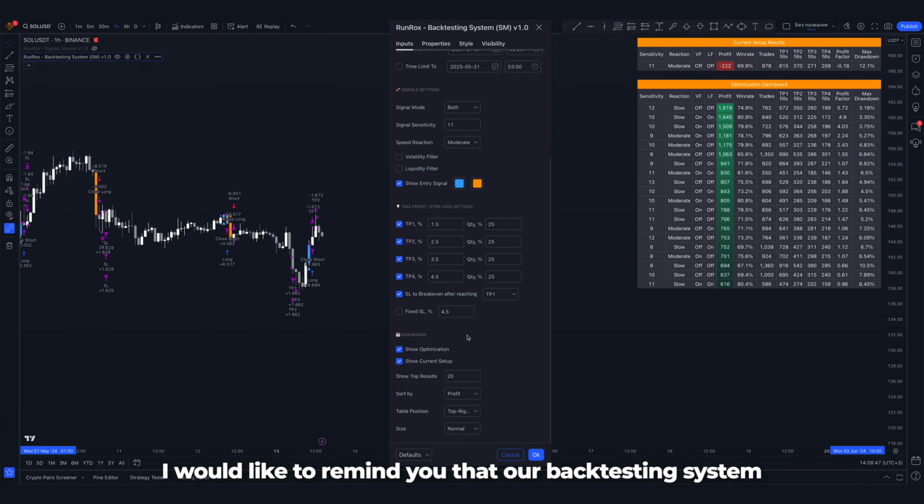I would like to remind you that our backtesting system is an extremely powerful tool for finding the best settings for our Signals Master indicator. Combined with it, you can discover the most suitable settings specifically tailored to your trading style. This capability enhances your ability to fine-tune your strategies to maximize effectiveness and adapt to various market conditions, ultimately helping you